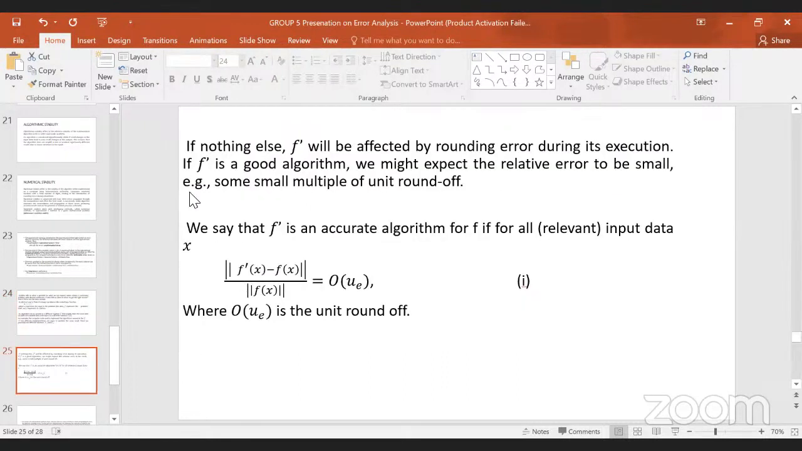Then we have this: if nothing else, f prime will be affected by rounding errors during its execution. If f prime is a good algorithm, we might expect the relative error to be small, e.g., some small multiple of unit roundoff. And we say that f prime is an accurate algorithm for f if for all the relevant input data of x, we have the absolute value of